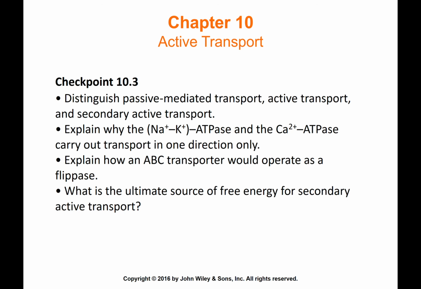It's going to flip that phospholipid to the other side of the membrane. And then how does the channel reset itself? The ATP gets hydrolyzed into ADP and phosphate. They both fly out of the active site, and now that protein is ready to bind a phospholipid again and repeat this